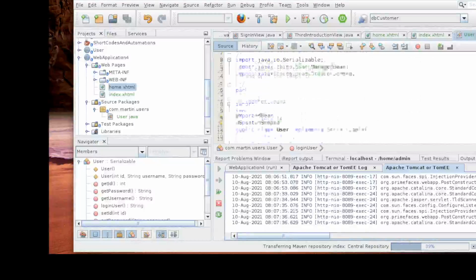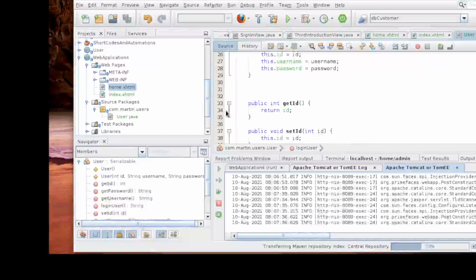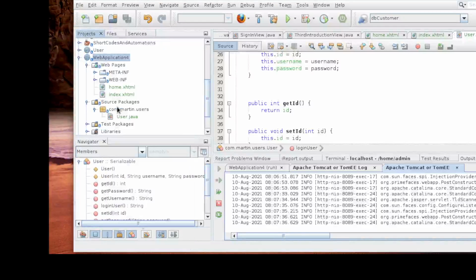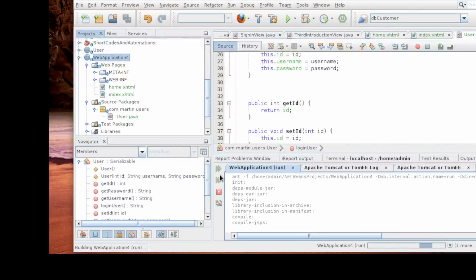So we'll be running more of this. After you've done that, I would advise you to rerun and rebuild your application after you change Java code. When you change the UI, you don't need to, you can just reload. But if you change the business logic, that is the Java code, you need to clean and rebuild your project, or just run from the IDE. It is going to do all that for you.